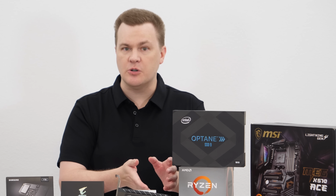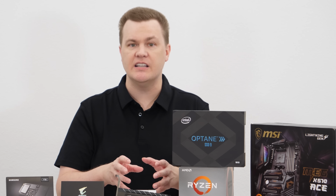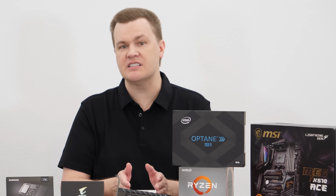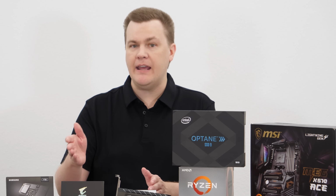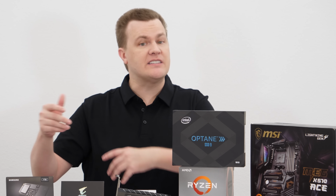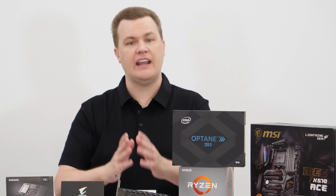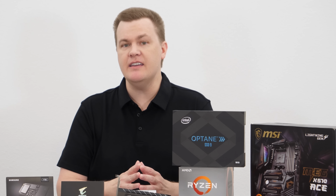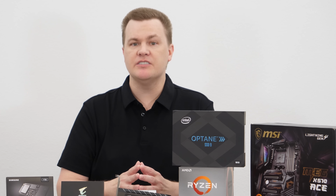gigs was volatile memory, which is what you run most of your programs in, and the rest of it is non-volatile memory, but it's all installed in your DIMM slots, and your operating system manages it, some future version of Windows 10 or 11 or 12, and you basically just put your programs in and it handles where everything is. I don't know if that's ever going to be a thing, but it's interesting to think about in terms of